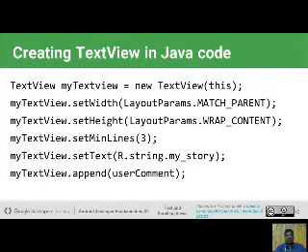Now creating text view in Java code. How to change the code and how to change the attributes of any text view, edit text. So we use Java code. First you create the object of the text view class, then we attach that text view class to the main text view that is designed in the XML. After that we perform all the operations on the text view, such as set width, set height, set text and append. Those are the attributes to set directly.